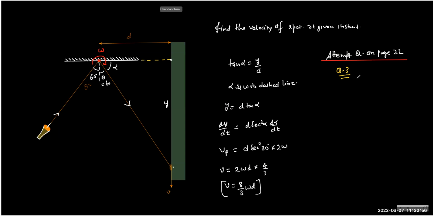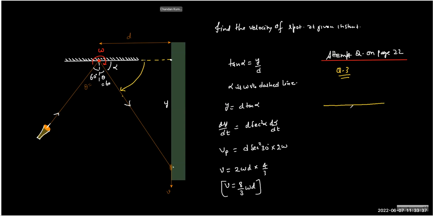So can you explain why d alpha by dt equals 2 omega? Yeah, so in any effect of rotation of mirror we have seen, if the mirror turns at a rate of omega, then the reflected light ray will turn at which rate? Two omega. The mirror will turn by omega. So if the mirror has that rate of change of theta, then the reflected light ray will change at 2 theta, correct? Understood?